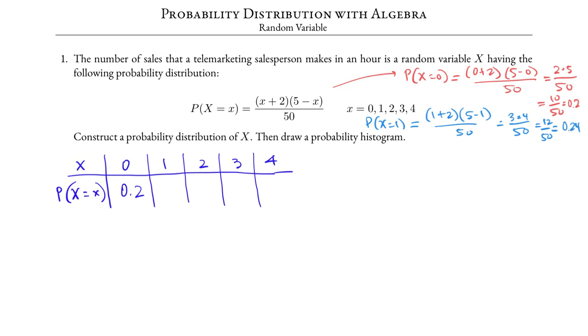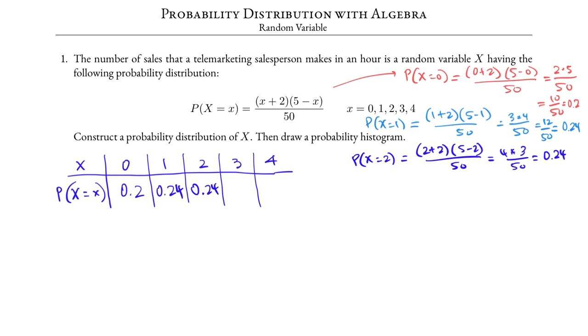And so when x equals 1, we have 0.24. And we do this for every single value of x. P of x equals 2 equals 2 plus 2 times 5 minus 2 over 50. And this is 4 times 3 over 50, which is 12 over 50. And we see that this is